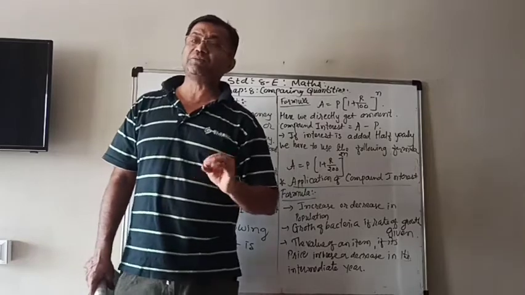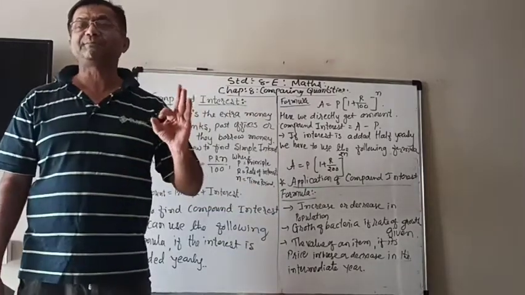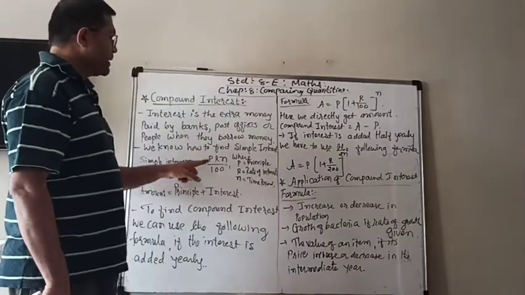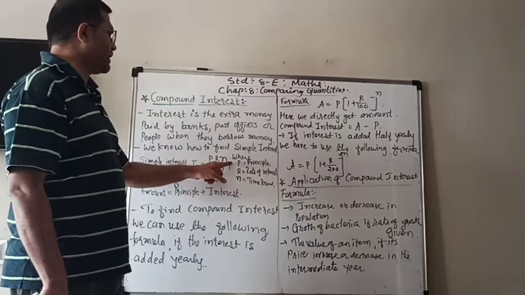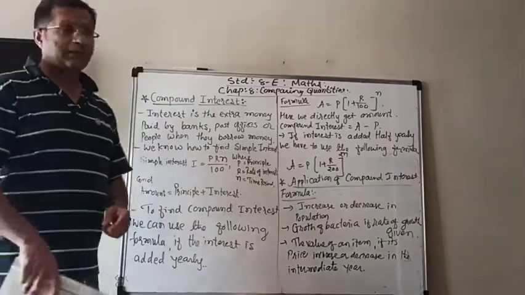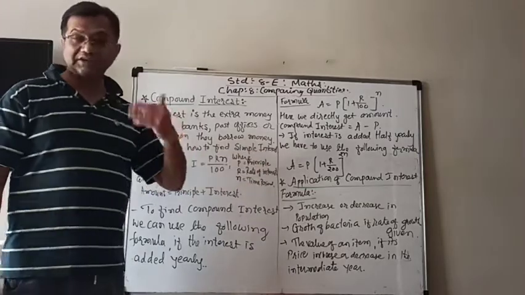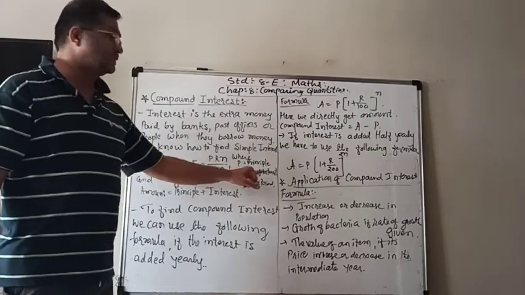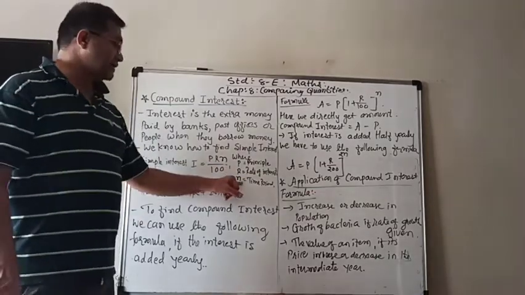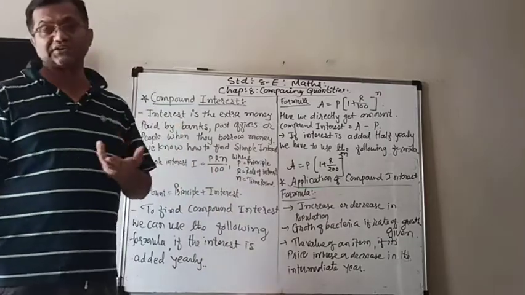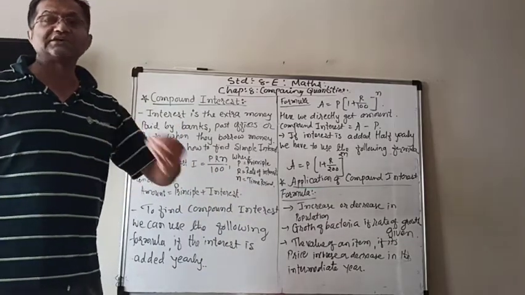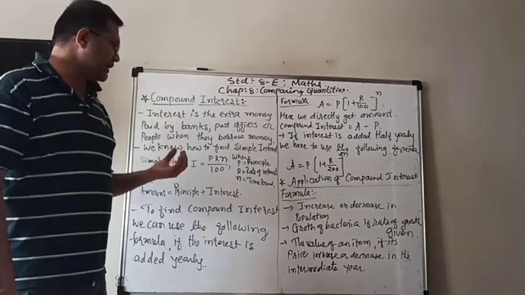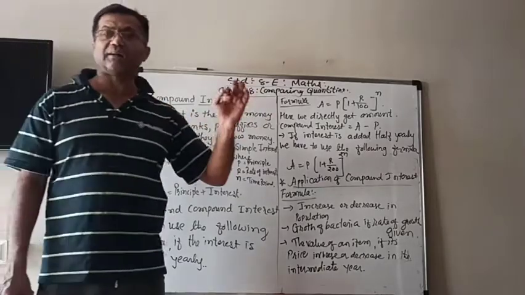We know the formula to find the simple interest. Simple interest SI is equal to P multiplied by R multiplied by N divided by 100. P is principal, meaning whatever amount that we put in the bank or borrow from somebody. R is the rate of interest, and N is the time period, meaning for how many years the money is deposited. So that is the formula for simple interest: I is equal to PRN upon 100.